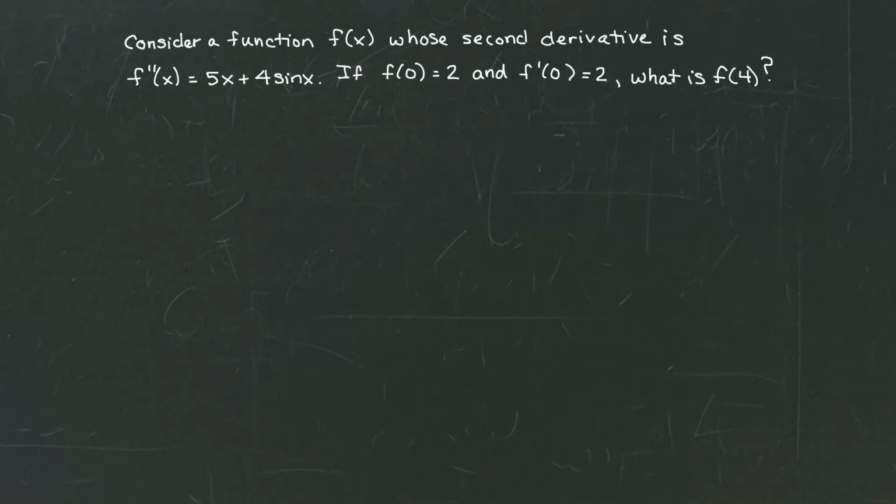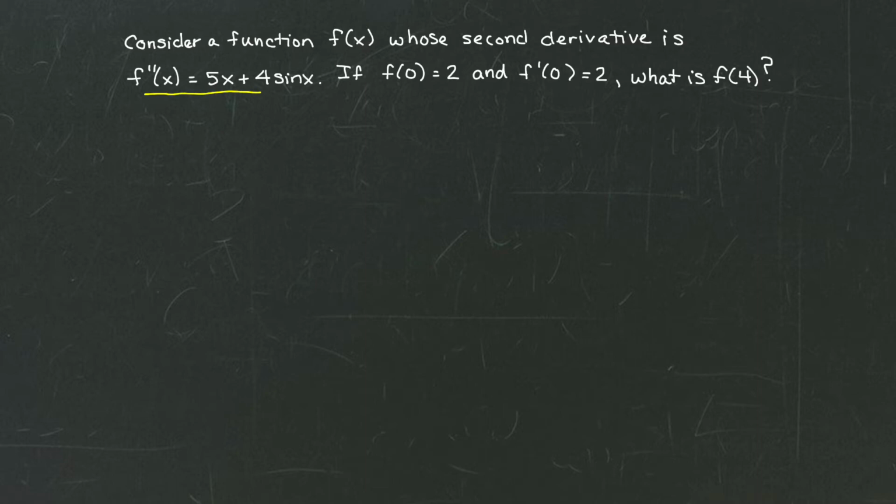Consider a function f of x whose second derivative is 5x plus 4 sine x. If f of 0 equals 2 and the first derivative at 0 equals 2, what is the value of the function at 4? To solve this problem, we notice we're going to begin with a second derivative, and we have